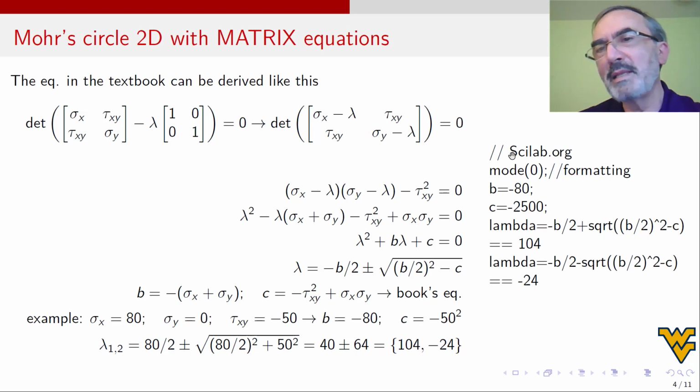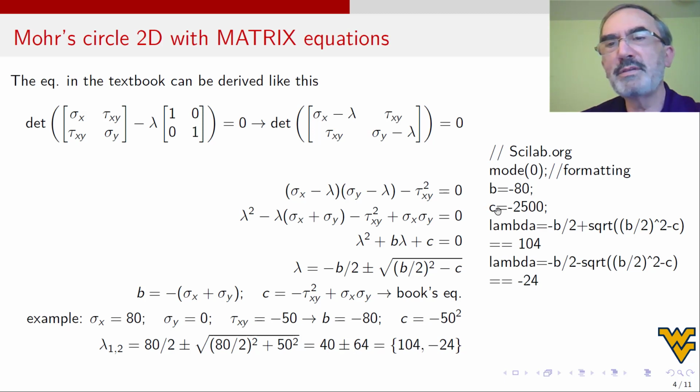There are two main differences. There are other differences, but the main difference you need, if you want to use this, is that this is a comment. In Scilab, you put //, here you put percentage. And second, if you want Scilab to behave like MATLAB, basically to print intermediate results the way MATLAB does, then you have to type mode 0. This is a well-kept secret that I know and I'm sharing with you. So it's for formatting. So with these recommendations, it's like you have free MATLAB.